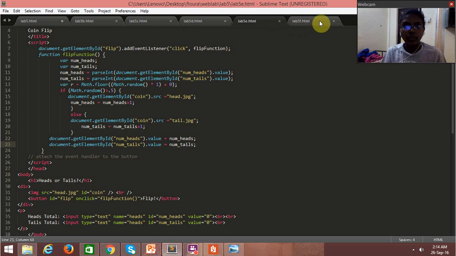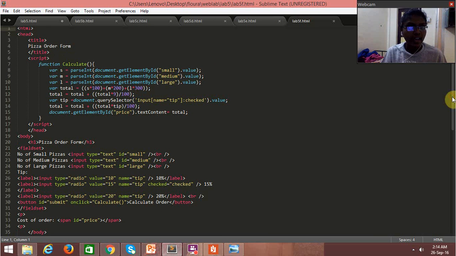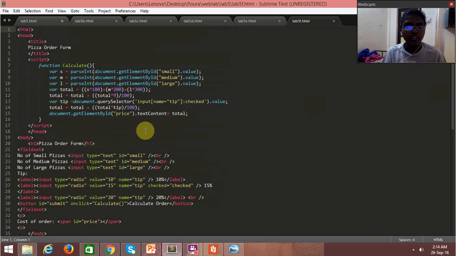So how do we do that? Here we have to call a calculate function. The values are going to be in the form of strings, so we have to convert them into integers so that we can calculate. Then there is a mathematical formula assigning whatever values they are and calculating, and then we add 9% tax to the total